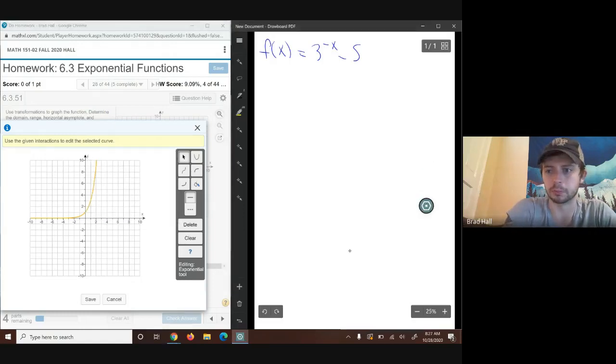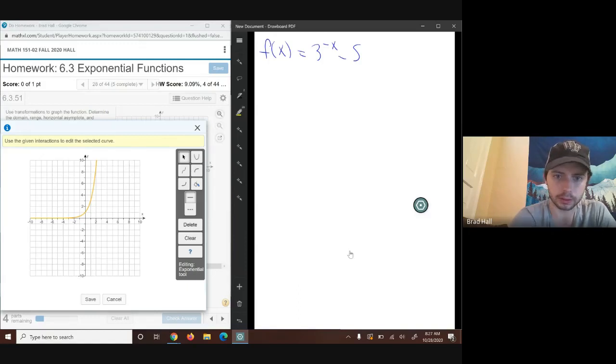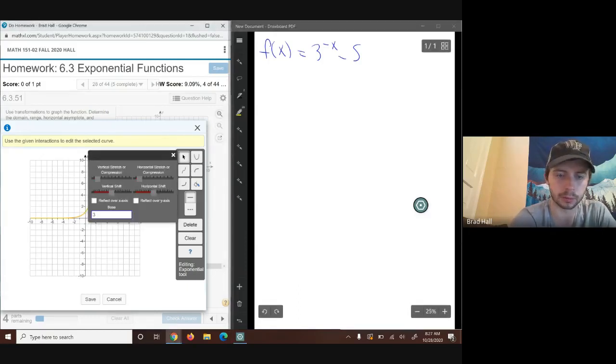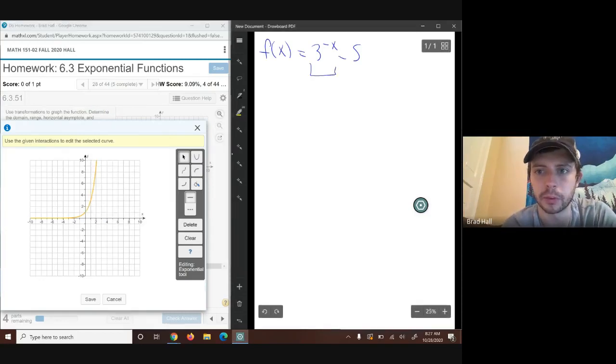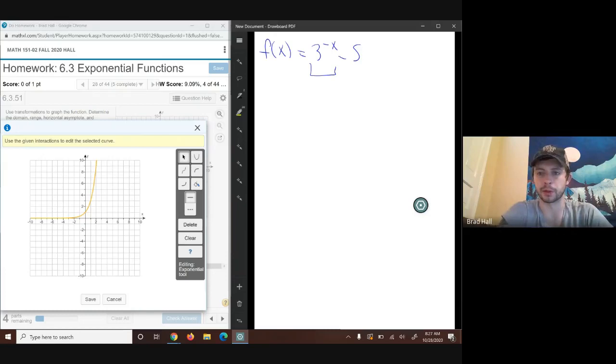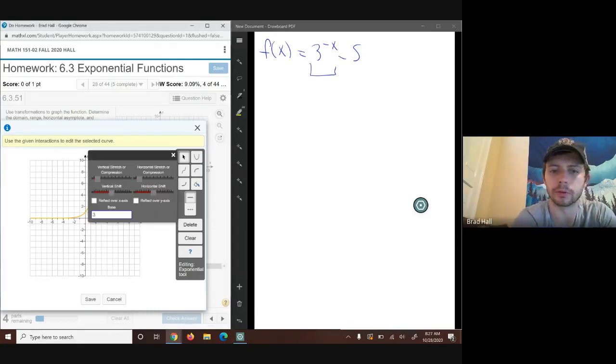And so I'm going to move back over here to the right and represent my answering all these questions. Now, the vertical stretch or compression is 1 because that's the number that's multiplied to the exponential function. The exponential function is 3 raised to the negative x. That whole thing is the exponential function. And so we don't have any number multiplying that exponential function. So really, the vertical stretch